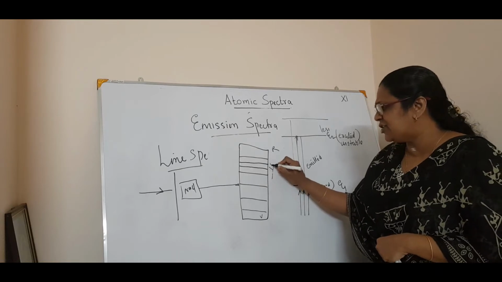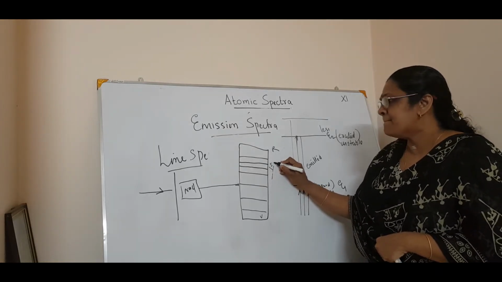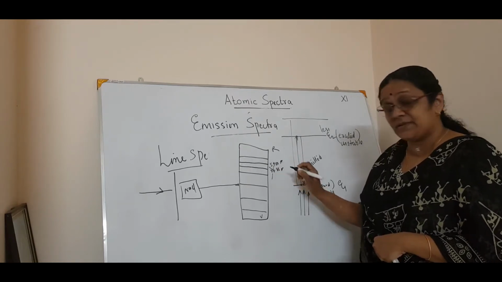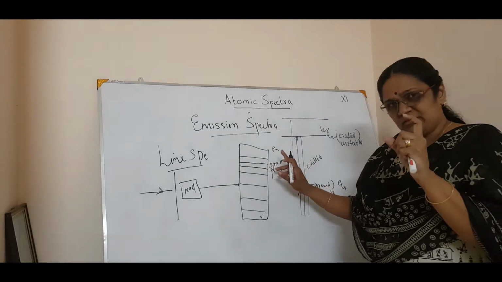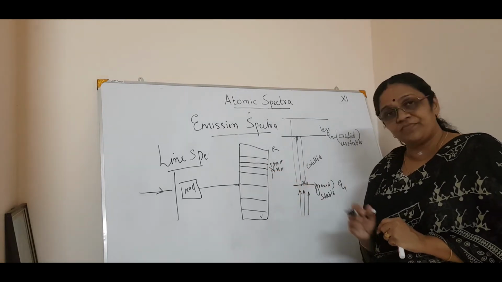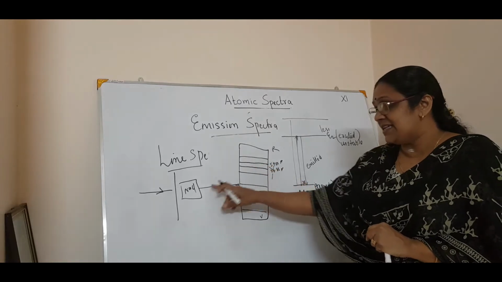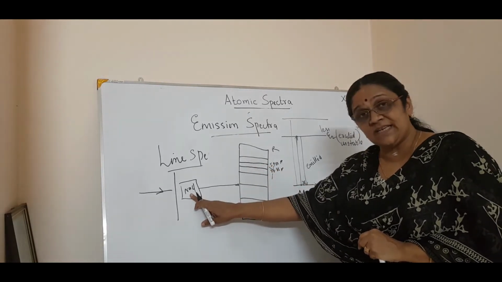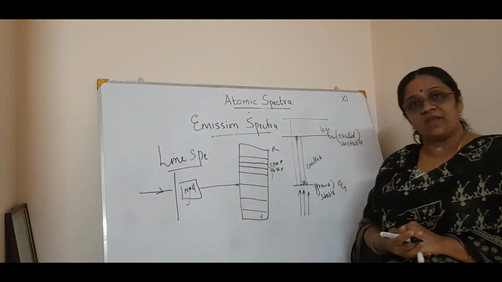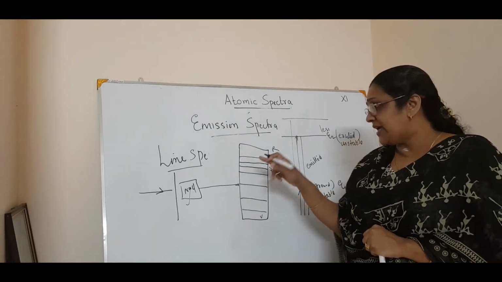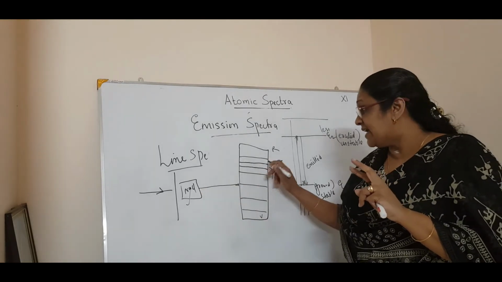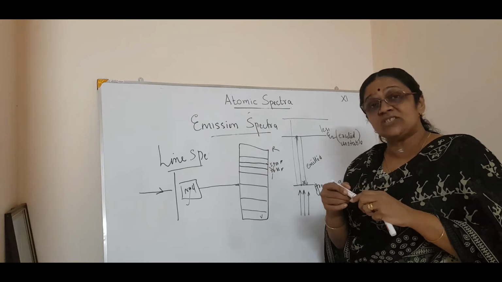Two wavelengths in the range of 5,900 and something, 5,896 and 5,890 say, not exact, I am saying only approximate, just for this concept. That is, two lines are seen in this continuous yellow region, which means this is absorbed. This absorption takes place in the yellow region with the 2 wavelengths of sodium. If sodium is taken, then in the yellow region there are 2 wavelengths for sodium that are absorbed. Absorbed means it is not seen.